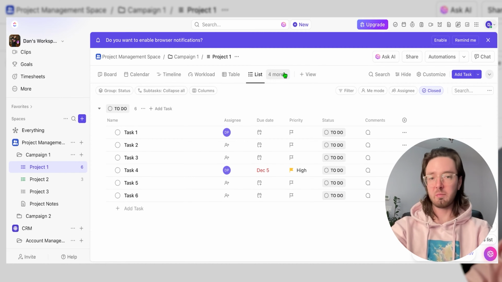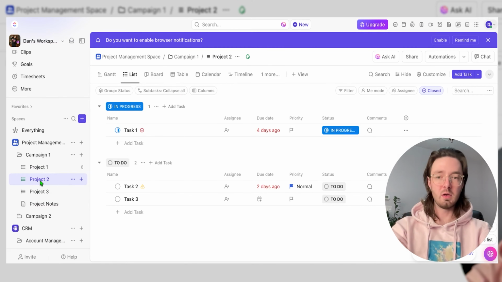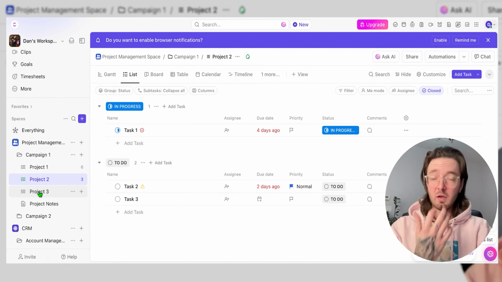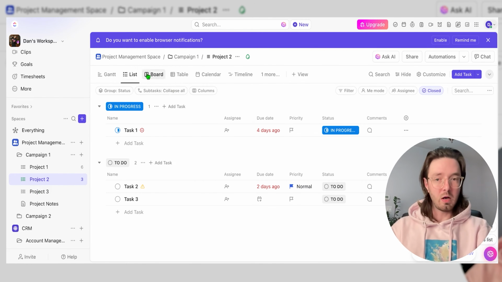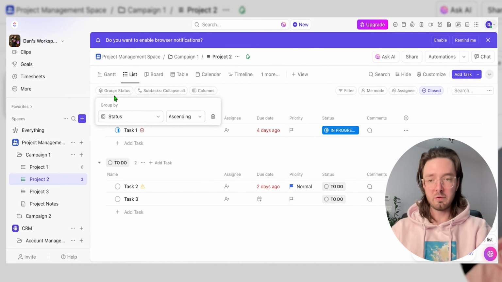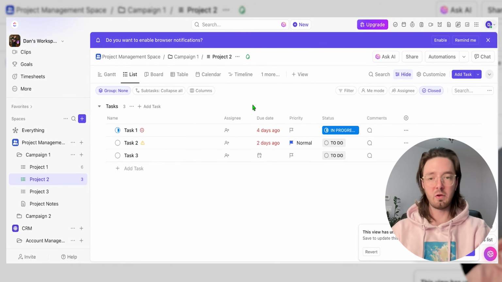So this is a really basic project management space. You can see I have a different list created for each project. Imagine one is an email campaign, another is maybe an out-of-home campaign, and another is like a TV or a commercial spot, right? I could then filter all of my tasks by the assignee, the status, any of my custom fields. I can group them by their status or really whatever, right? I can group by the custom fields as well. There's a lot of options in ClickUp for customizing your views